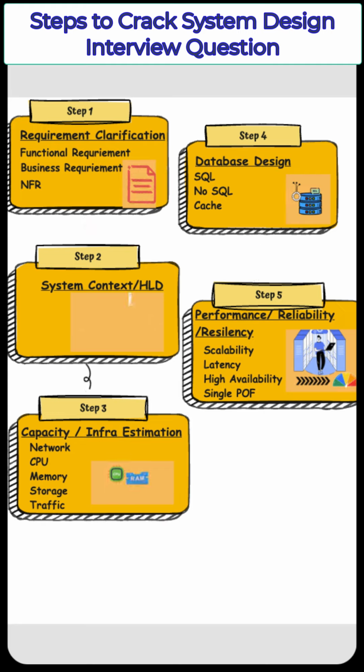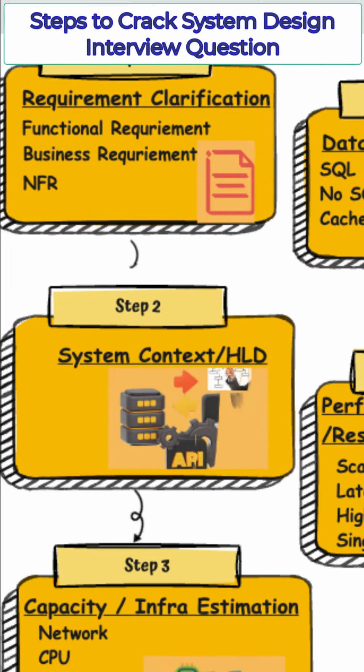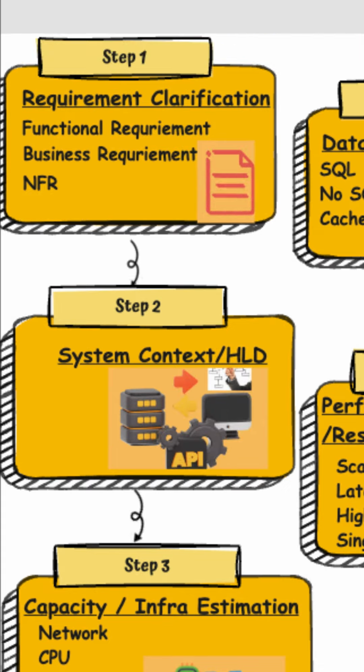Step 1. Requirement clarification. It all starts with requirements. Ask questions to understand the business and the functional requirements. In an actual project, the requirements are documented in some form of document called the business requirement document, or BRD in short. And there will be multiple sessions with the business users and stakeholders to understand what solution the